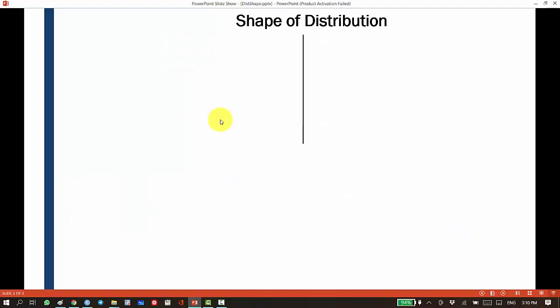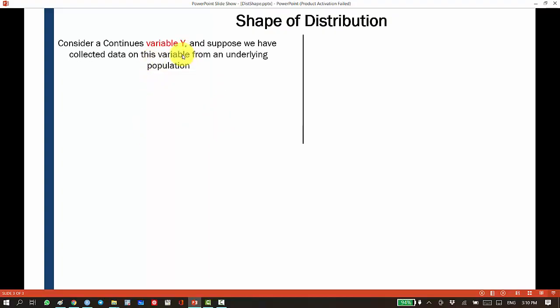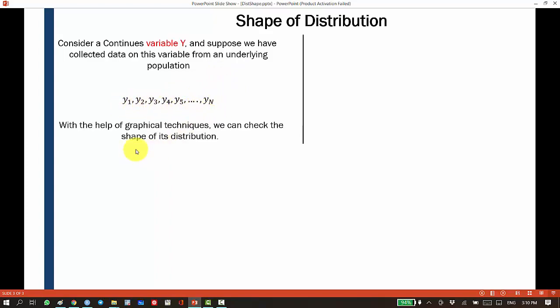Likewise, we can check the shape of the distribution of a continuous variable. For that, consider a variable y, which is a continuous variable, and suppose we have collected data on this variable from an underlying population, and we have recorded the data as y1, y2, up to yn. Then with the help of a density plot, we can see the shape of the distribution of the data being collected